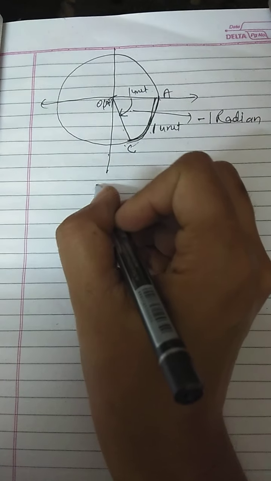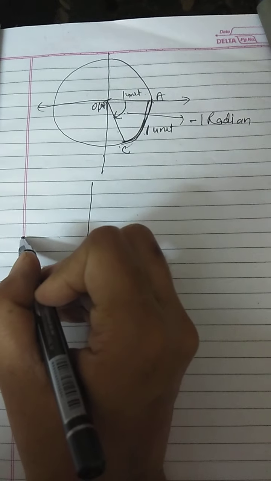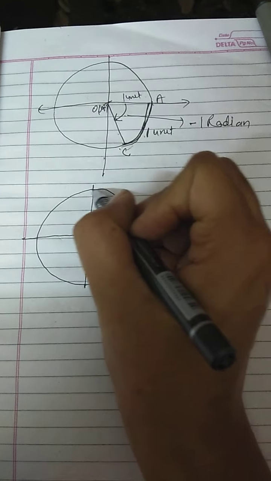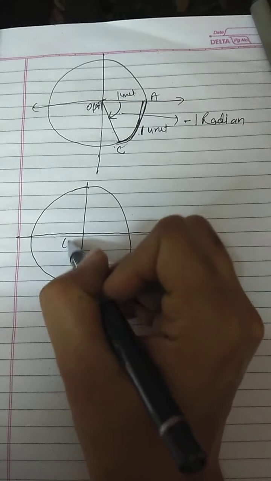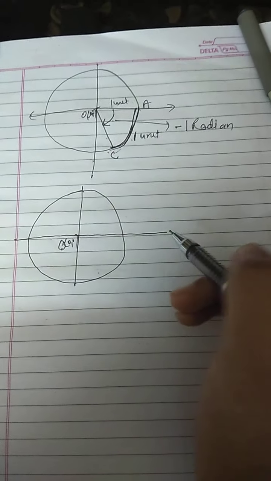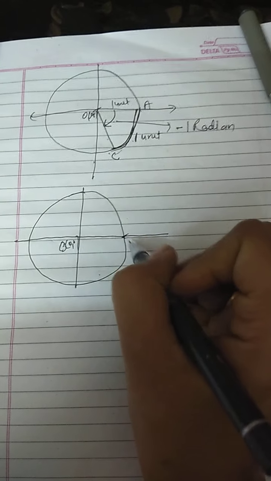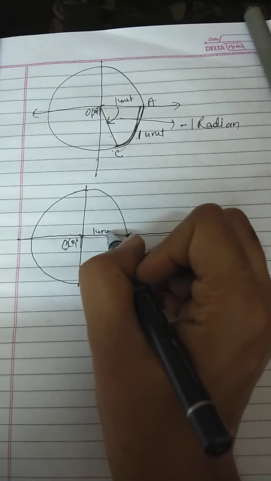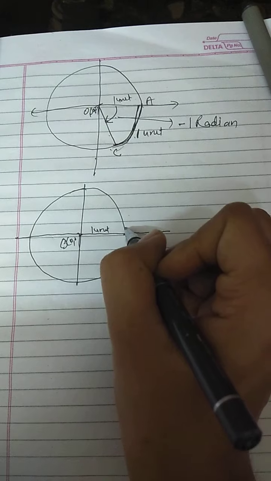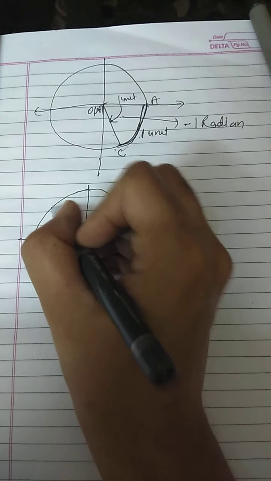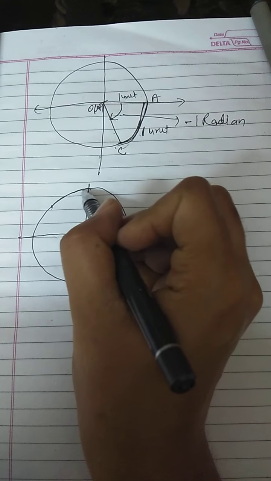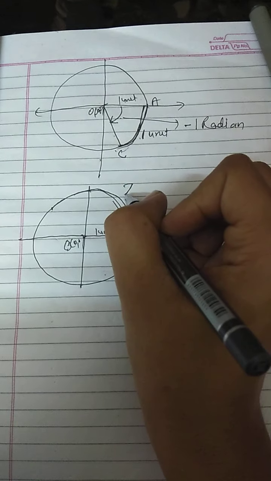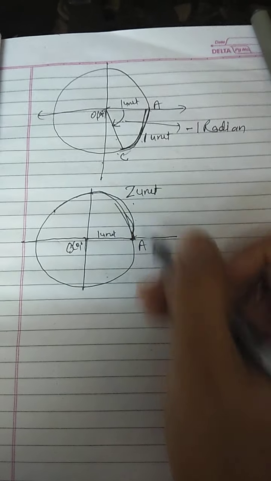Okay, the next thing is, if I take the length of the arc, now here you people will be drawing so many unit circles to understand, and the same thing you people should do in your notebook also. Unit circles all have to be drawn. If this is A, now the radius is 1 unit only. I am increasing the length of the arc. Let us say the length of the arc is increased, let us say it is 2 units, double the radius of the circle.